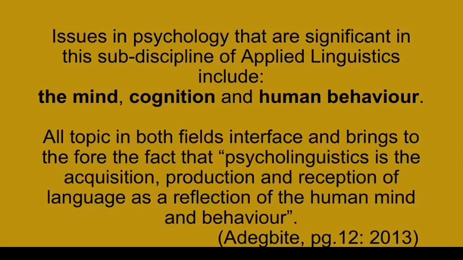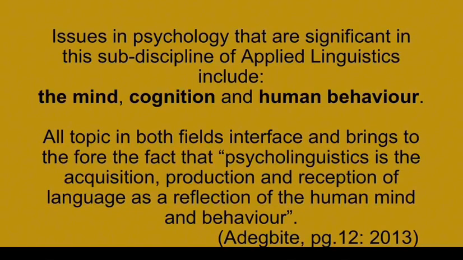So we can see that it is actually interdisciplinary. When we talk about the mind, cognition, and behavior, of course, we should think of several aspects that are relevant to the brain. We should think of the human senses, such as sight, hearing, smell, taste, and touch. It also controls all the other motor skills pertaining to movement.